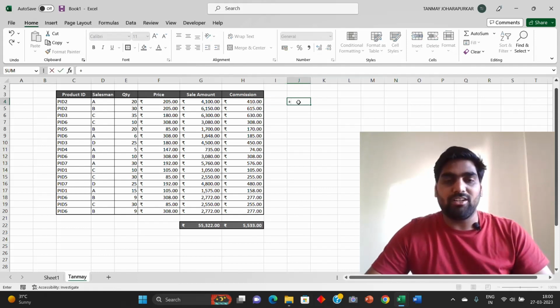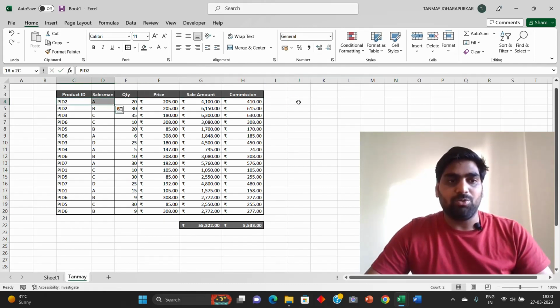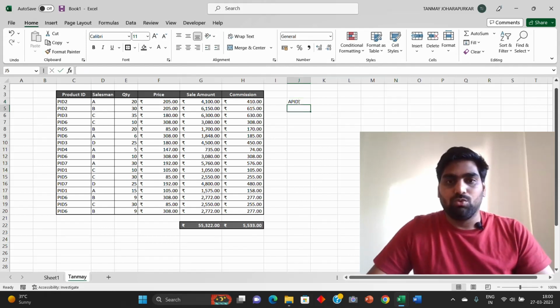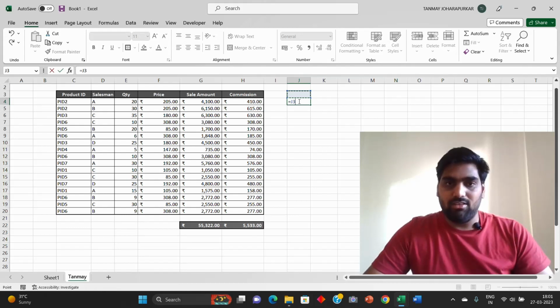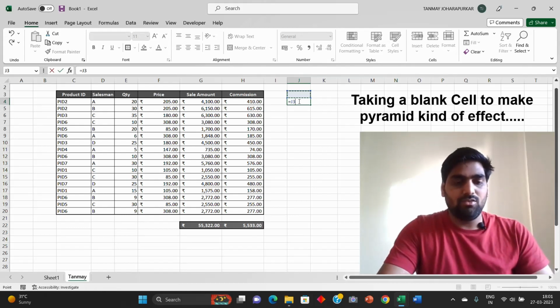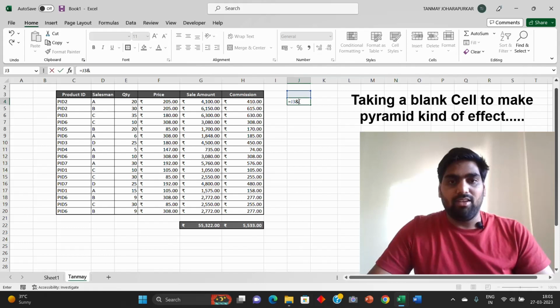I want to get both texts in one column. Say I want this cell to be written as APID 2. I want this cell to be written as the salesman name first and then the product ID. So what I will do is start with equals. I'll take some blank cell. Okay, then I'll say ampersand. Okay, while saying ampersand,